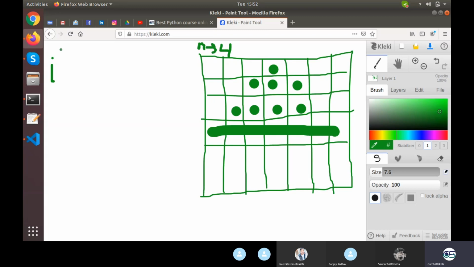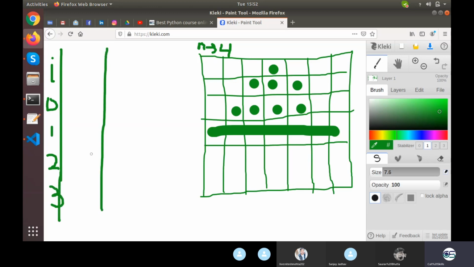So we have something like I, which is of the value 0, 1, 2 and 3. Spaces, so how many spaces? 3, 2, 1 and 0.